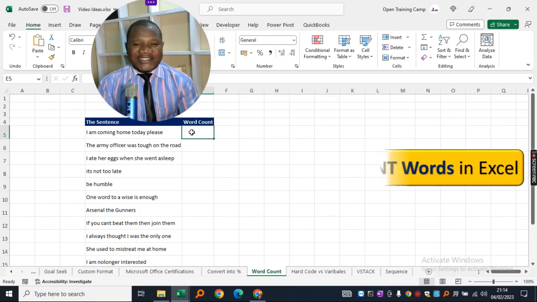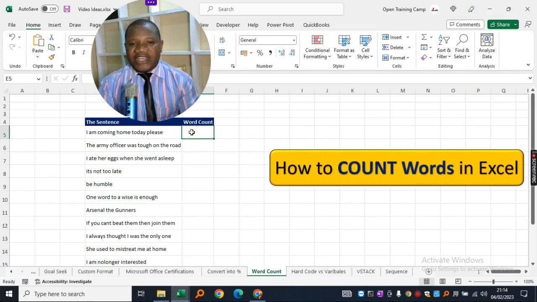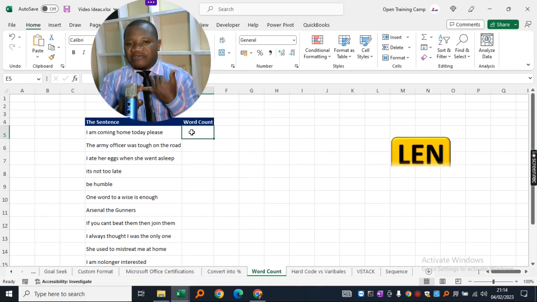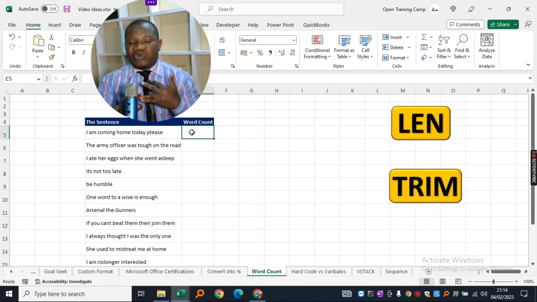Do you know how to count words in Excel? Unfortunately, right now, there is no one single function that can help you achieve that functionality. But with a combination of these three text functions, you can count how many words are sitting in a given cell. And that is the use of the LEN function, the TRIM function, as well as the